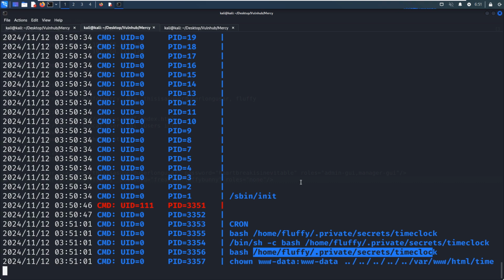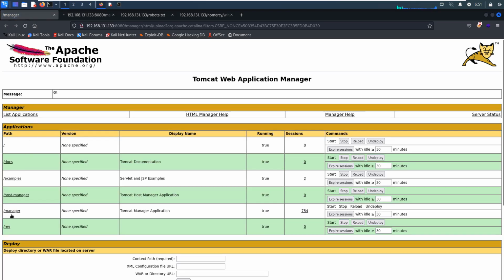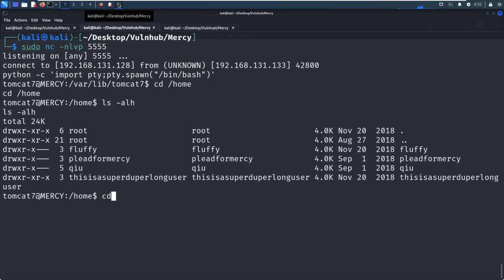So what can we do next? Maybe I need to go back. Go to the home directory, go to Fluffy. Oh, we need to switch or make lateral movement first.